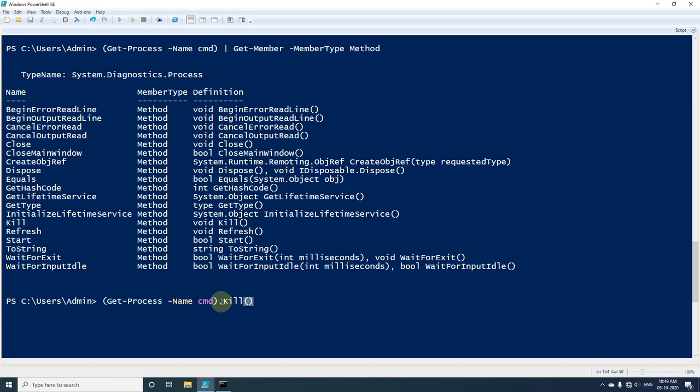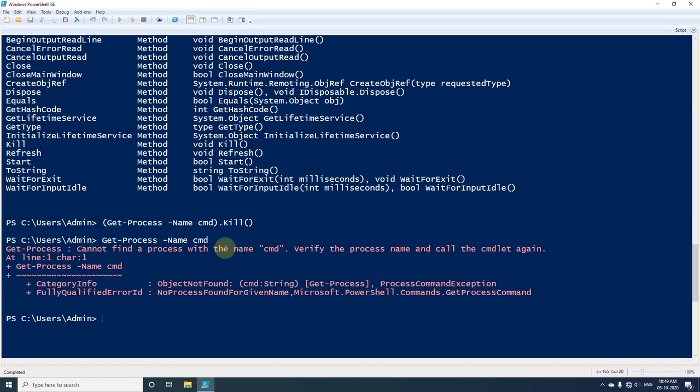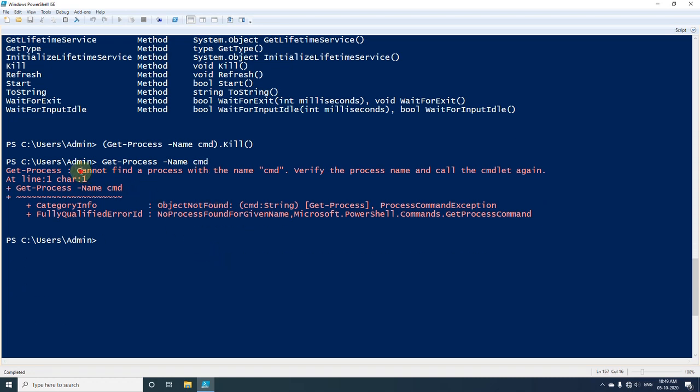As soon as we execute this line, the process CMD will be stopped. Now if we try to fetch the process once again, we will get an error. So now we can see that we are getting the error that it cannot find a process with the name CMD.